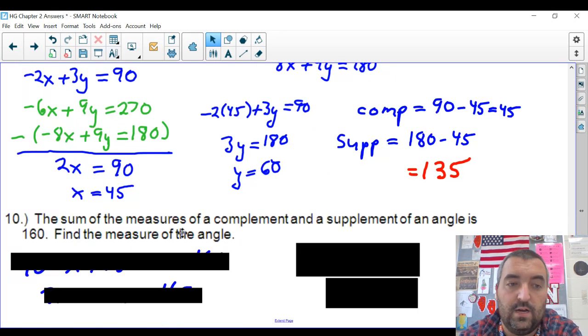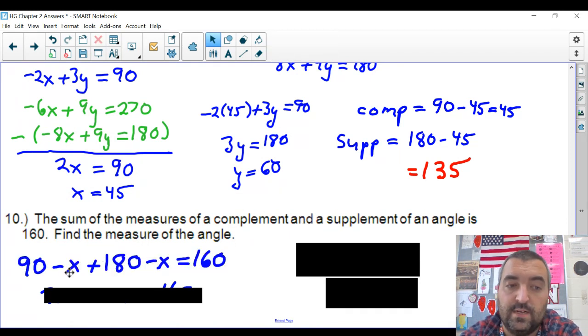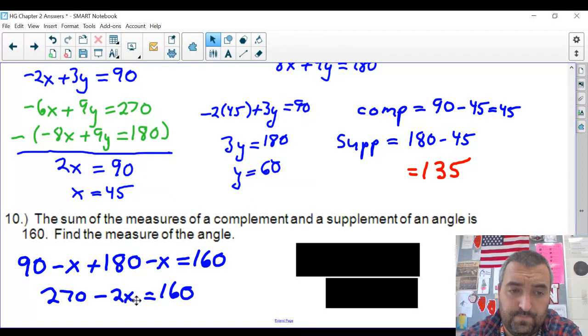Last one. The sum of the measures of a complement and a supplement of an angle is 160. So right as soon as I see that, I'm just adding them together and setting them equal to 160. Find the measure of the angle. So simplify it,